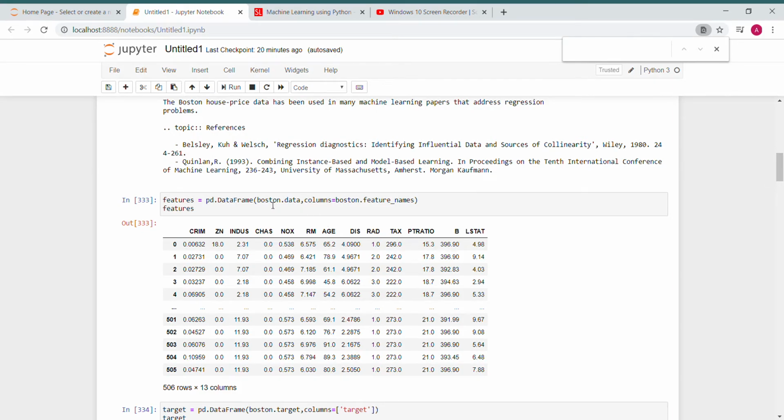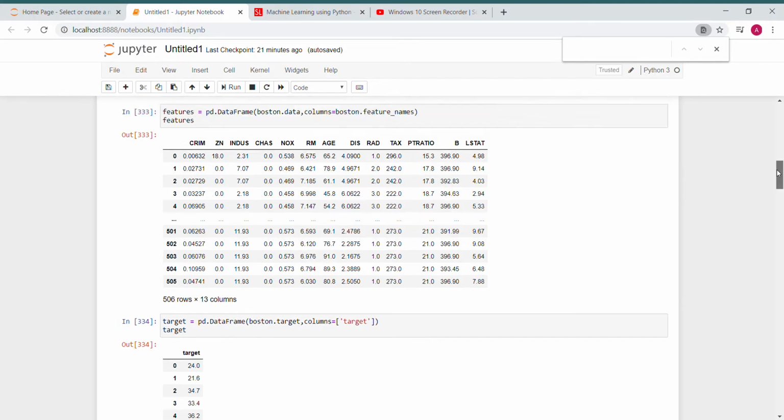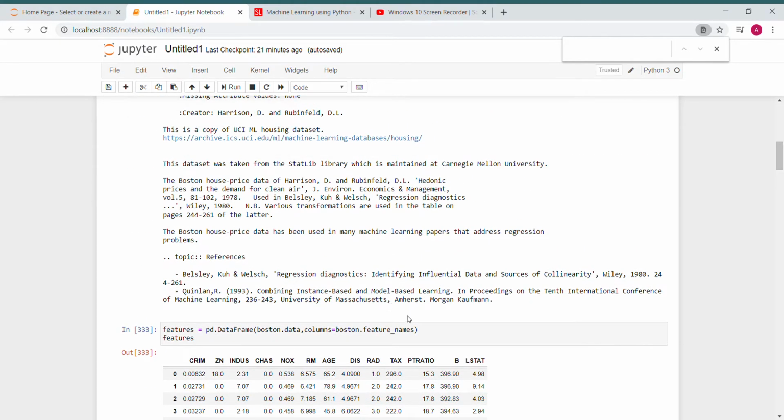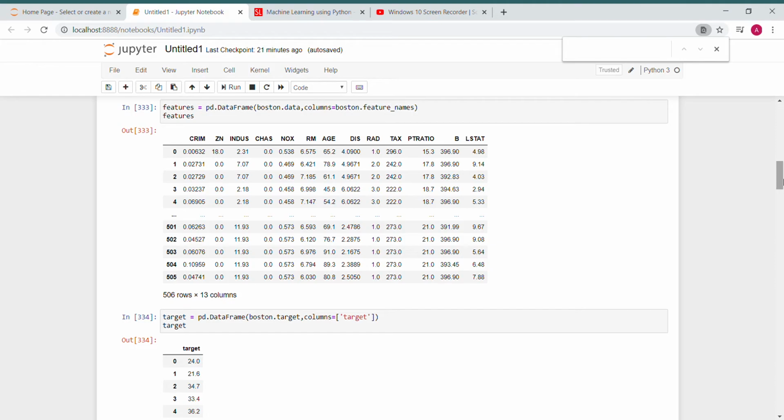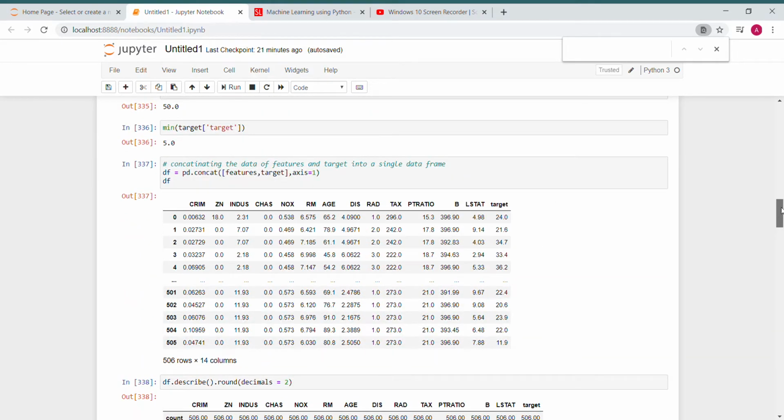And the third step is to calculate the feature. The feature is the property which is very close to the data set. So we are going to see what the features are here, and then the target value, and then we are going to concatenate the feature and target value here.